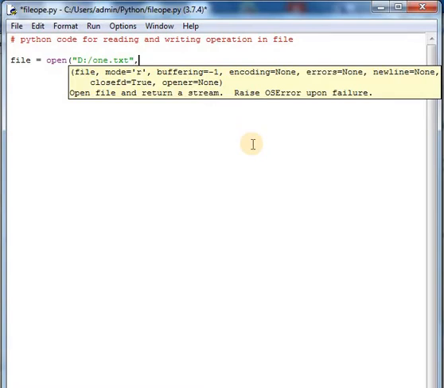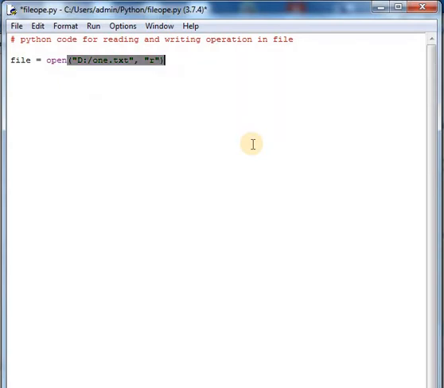After comma I am giving the mode. By default the mode is R for read. First of all I want to read the contents from the file, so here I am giving the R and closing the brackets, because I don't want to give other arguments.